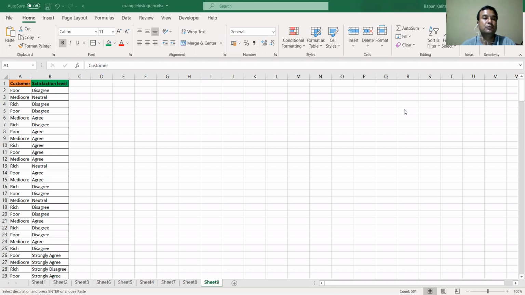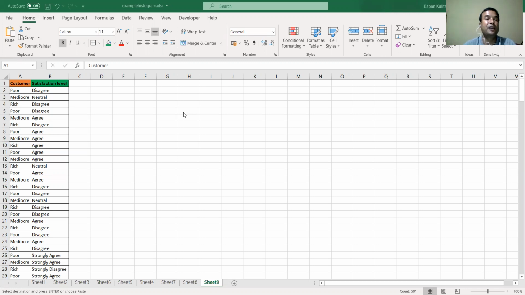Today we are going to discuss how to get chi-square for categorical variables in an Excel sheet, and here we are going to use a very simple method for categorical variables. My dear friends, I hope all of you have the knowledge of getting the satisfaction level of the customers on certain commodities, and these are all assumed values. These are not taken from anything, and these are assumed values only to show how to calculate chi-square in an Excel sheet.